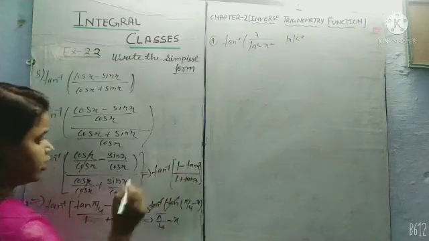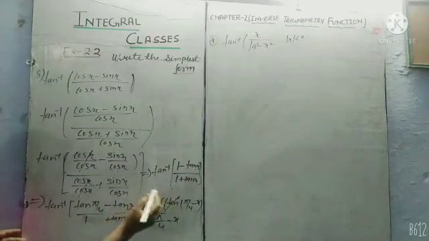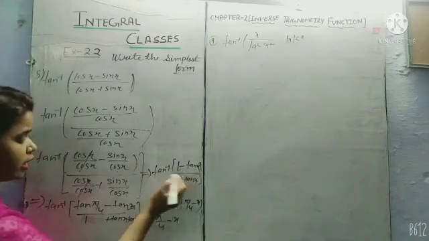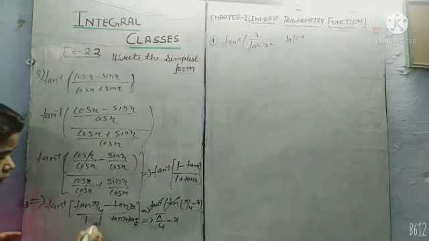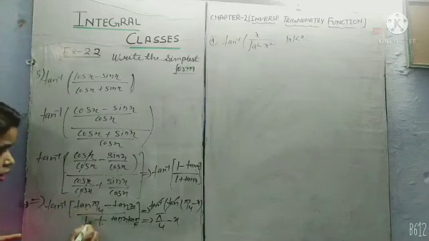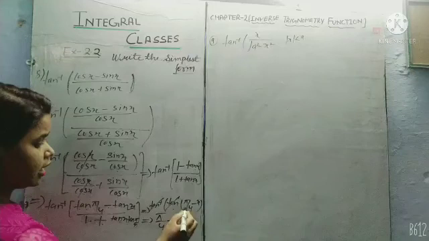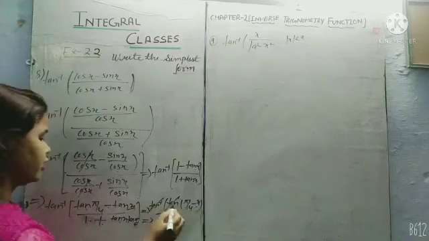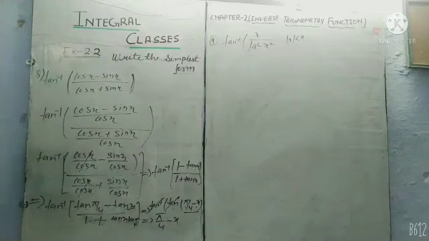Now we know that here we will apply the formula of tan (a minus b). What is the value of a in tan? Tan pi by 4. So we replace 1 with tan pi by 4, giving tan pi by 4 minus tan x upon 1 plus tan pi by 4 tan x. This is the formula of tan (a minus b). Tan inverse and tan are cancelled, so we get pi by 4 minus x.